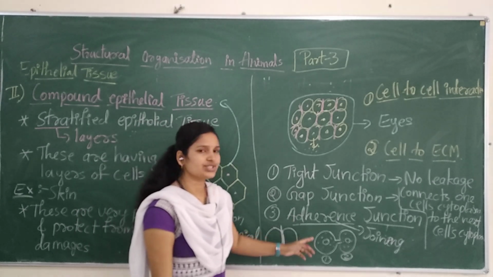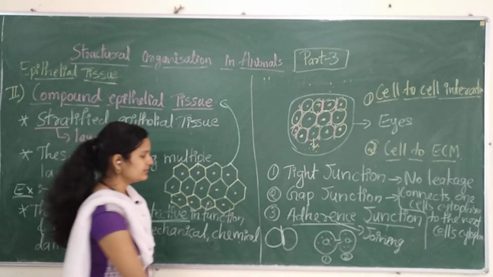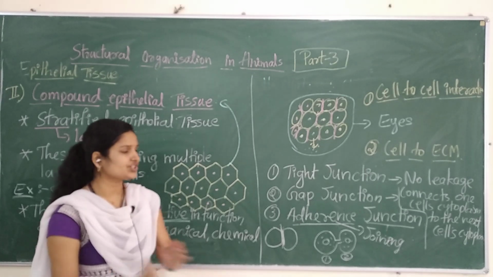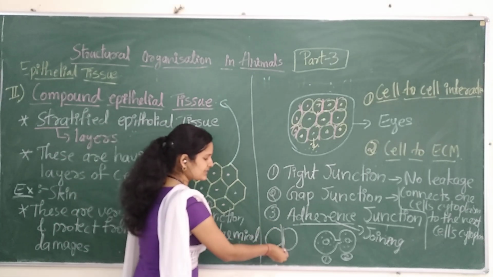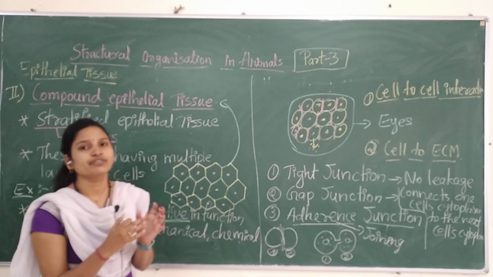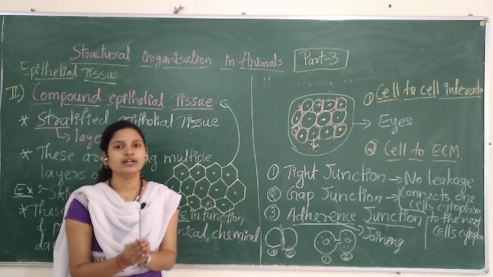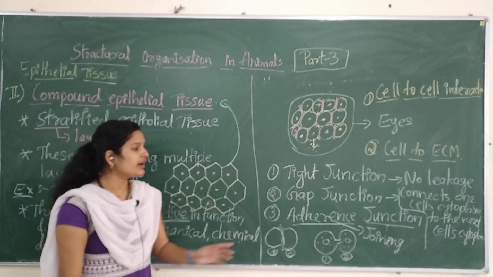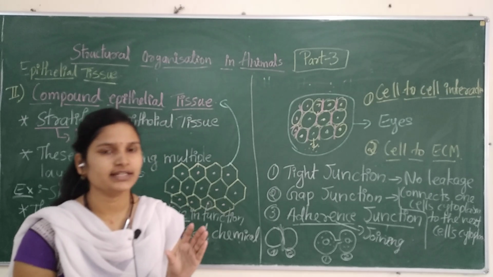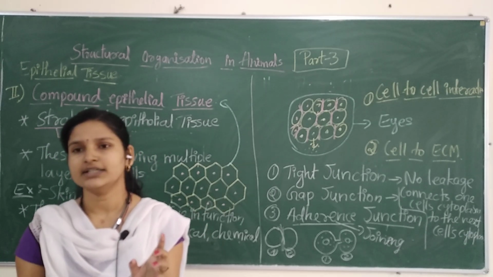So adherens junctions mainly connect one cell to another and adhere them, so cell to cell interaction will be there. They join the cells so that the cells meant for a specific function are present in one particular part only. Understood? That is the reason why your heart cell is located in only one particular location. It is not traveling to another part.